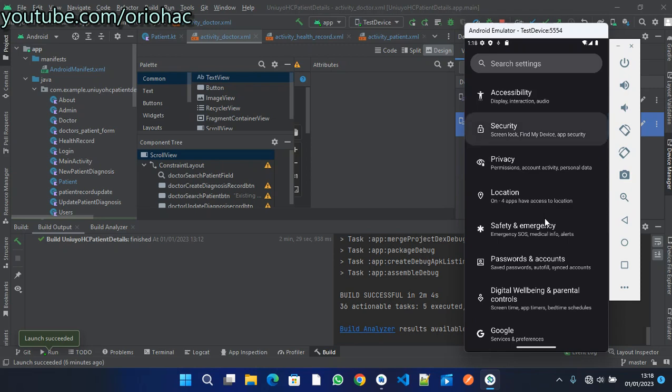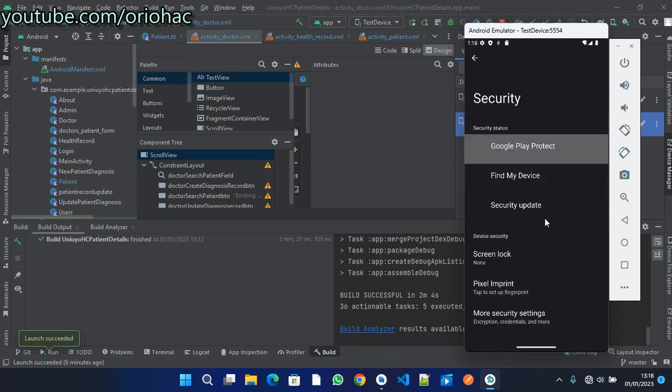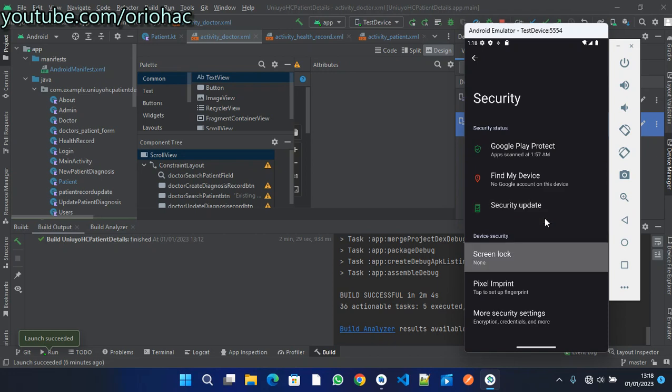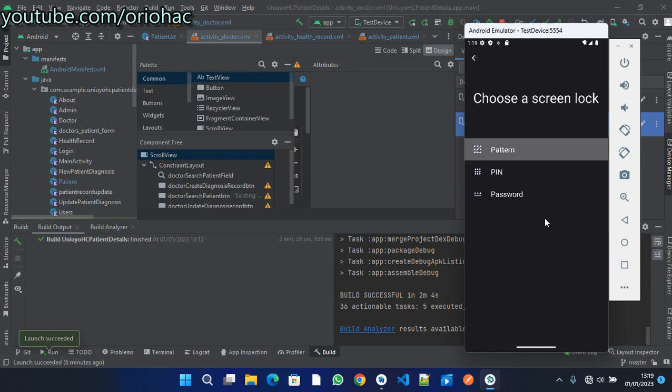In the security settings, because this device is a Pixel emulator, we go to Pixel Imprint. Open Pixel Imprint. For this tutorial, we'll have to register one fingerprint, but before you can register any other authentication method, you have to activate a pattern, PIN or password, just like on your normal Android device. So let us activate a PIN,